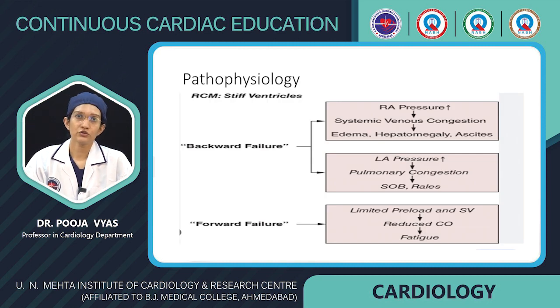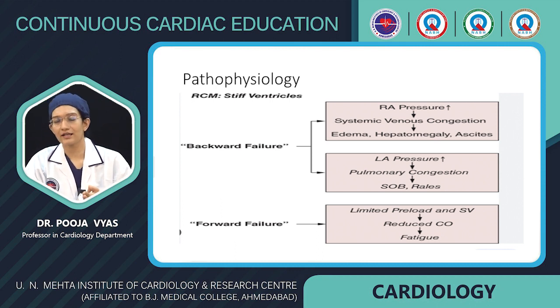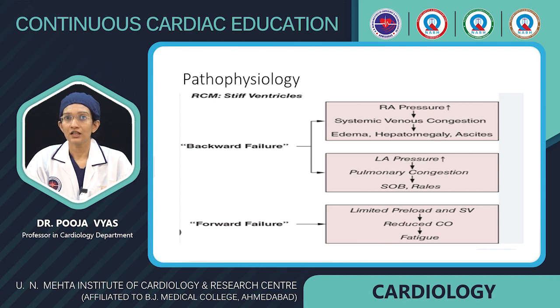Now the pathophysiology of restrictive cardiomyopathy. Basically, restrictive cardiomyopathy means a stiff ventricle. Due to the stiff ventricles there will be backward failure. If we talk about the right side of the heart, due to the stiff right ventricle there will be increased RA pressure, so there will be systemic venous congestion, and there will be edema, hepatomegaly, and